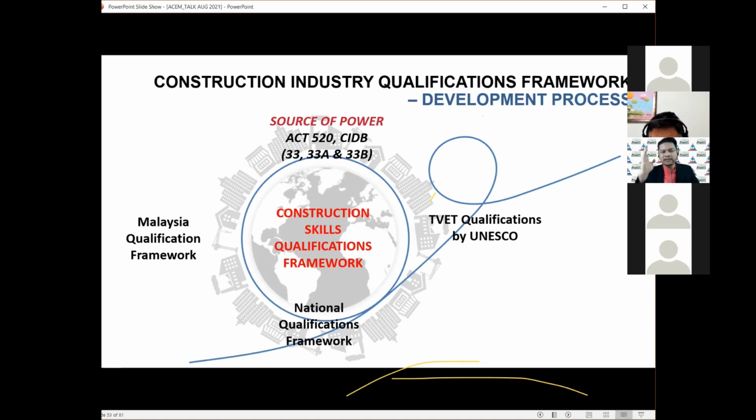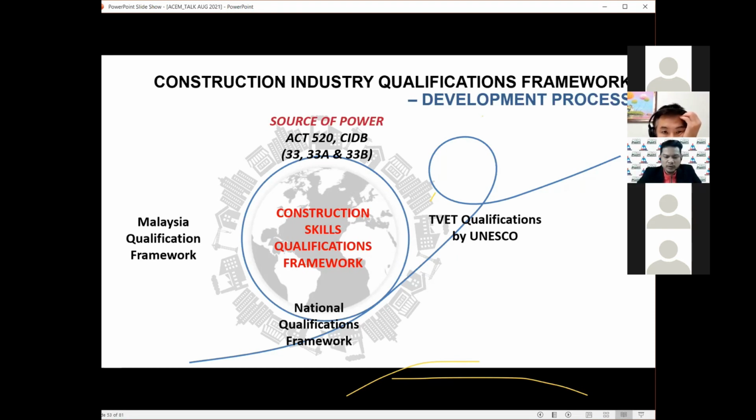In our mind, we understand that level 3, this is your attributes. You should be able to do this because you are level 3. You should be able to manage this because you are level 3. You should know this because you are level 3. Same goes to us at level 4, 5, 6. If we are level 6 here, I'm having the CCP at level 6, for example. If I go to any country of the world, understanding the same, they know also level 1, 2, 3, 4, 5, 6, 8. They know what is my ability to perform at level 6, certification issued by the government of Malaysia through CIDB. So basically, this is a worldwide thing that is happening now.